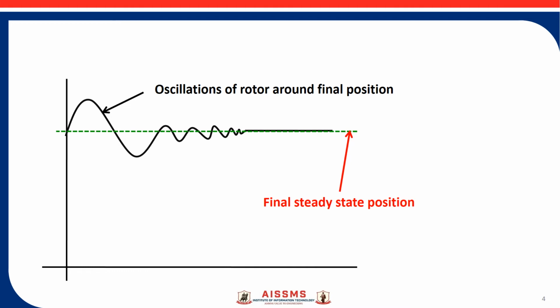The final steady state position is shown by dotted horizontal line, that is the final position of rotor. So the rotor will oscillate around the final steady state position several times, to and fro, before it finally settles to steady state position delta. These oscillations are not desired because you have connected mechanical load on motor, and the oscillations will be passed on to the load and it may damage the load. So to prevent this happening,